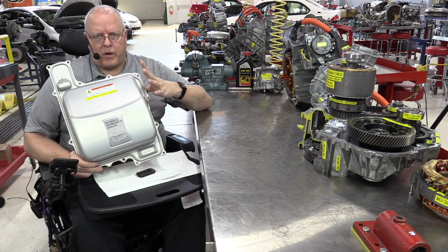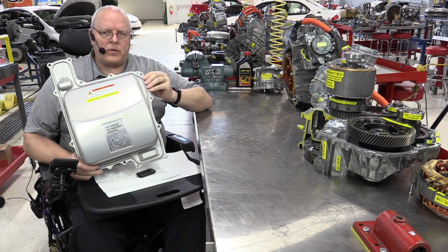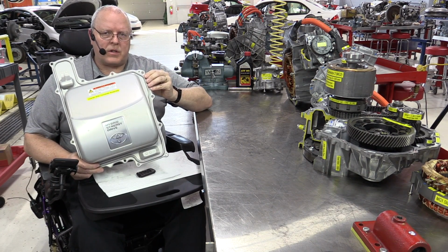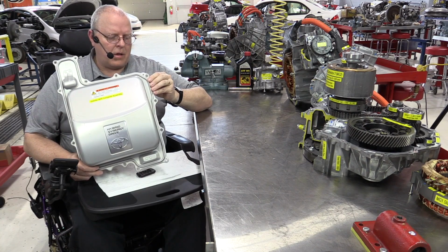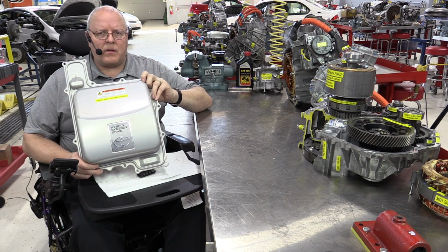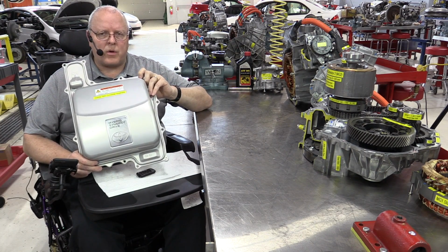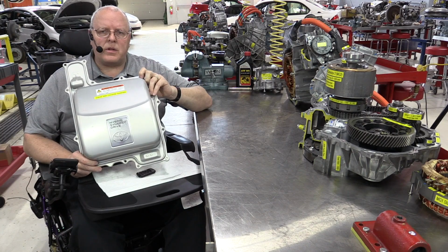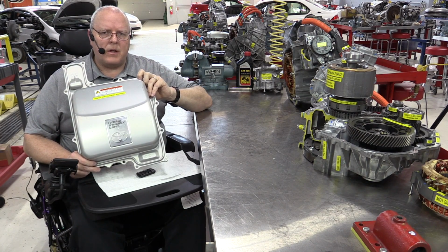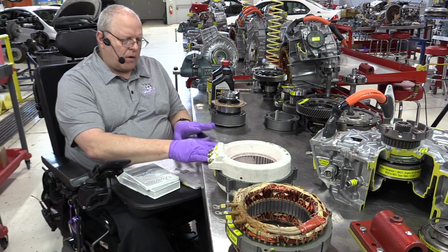Now, of course, there's a different inverter-converter, different battery, a whole bunch of other changes that we'll have to address in system videos later on this year or this fall, but for now let's take a look at the Hybrid Synergy Drive components of the P112 transaxle as compared to the Toyota Hybrid System Drive of the P111 transaxle from the previous video. Okay, I've got laid out here on the table